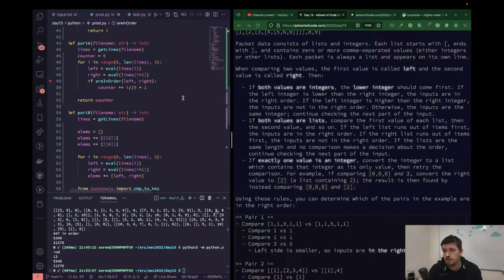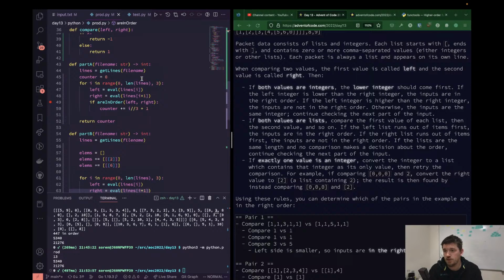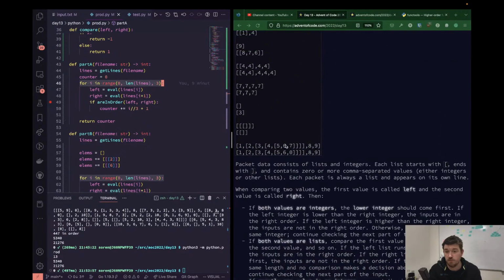So part A really becomes just loading all the lines. We set a counter. Then I use this here to jump 3 lines at a time. And then I have the left and the right. I just use the Python eval function because this just happens to be how Python would represent these exact values. So it's just a matter of interpreting this as though it were Python. So that gives me left and right. And if they are in order, I increment the counter by,